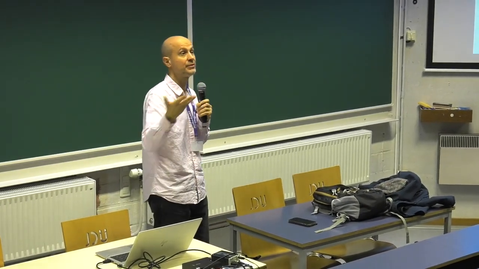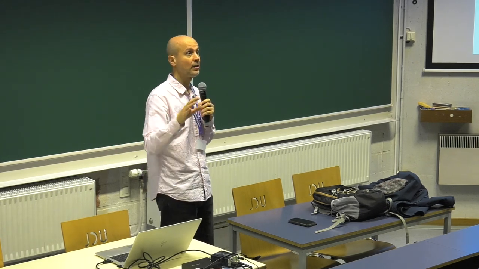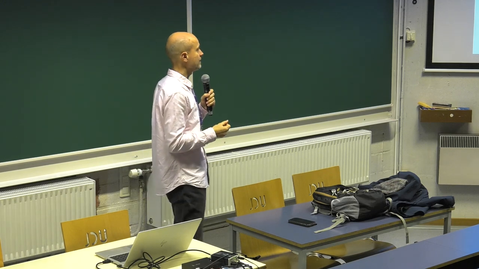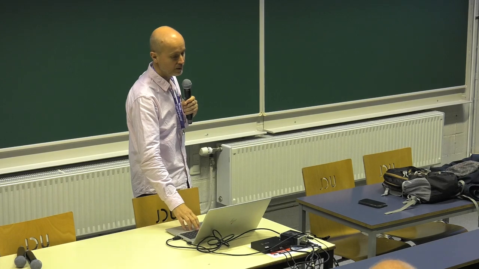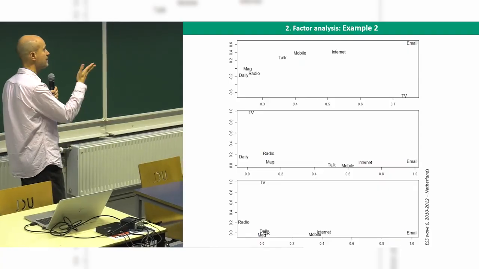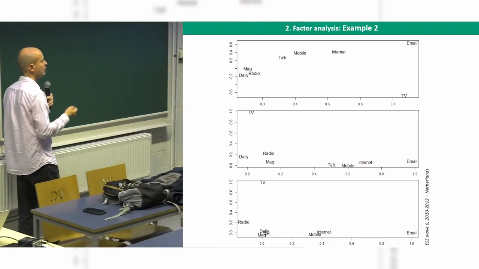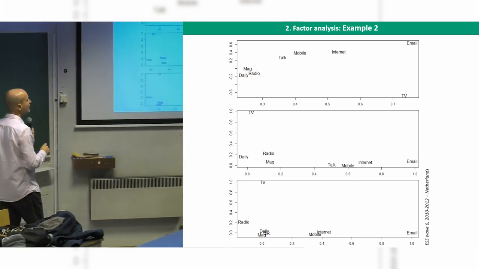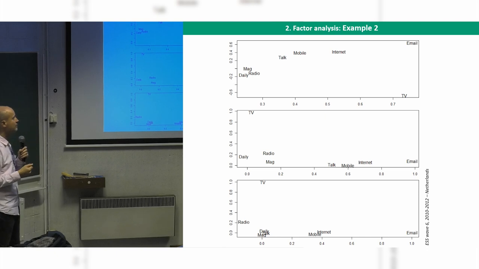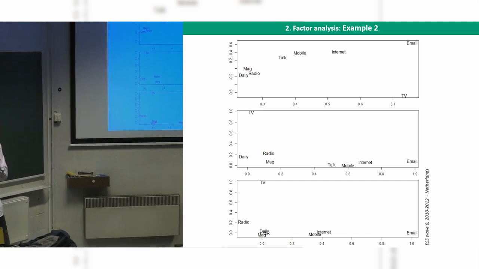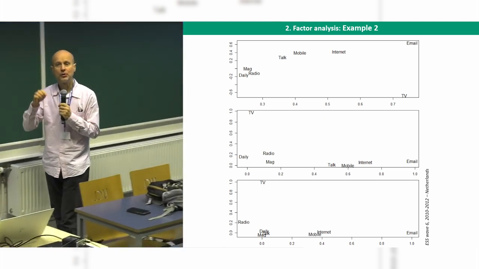It's about daily interactions in person, conversations. Is that a medium or not? You can decide. The theory tells you that. You can decide what you put inside, like any kind of data analysis. So the first step is to check that you have some degree of correlation between your variables. And then this is the output of the factor loadings on the first two axes with three different algorithms. So the first one is the default one I've mentioned earlier. Okay, orthogonal factors